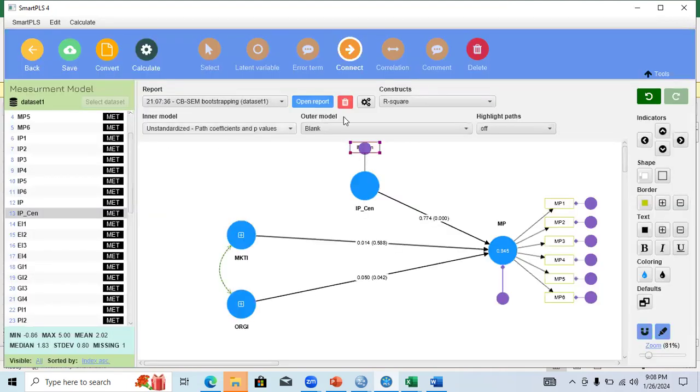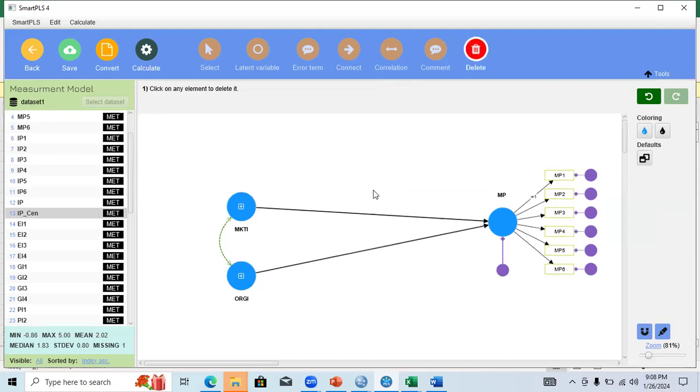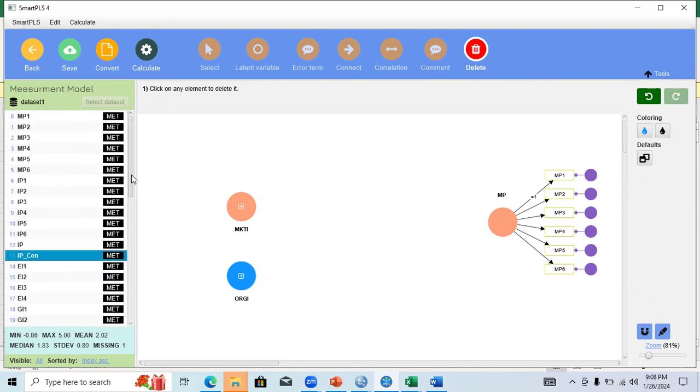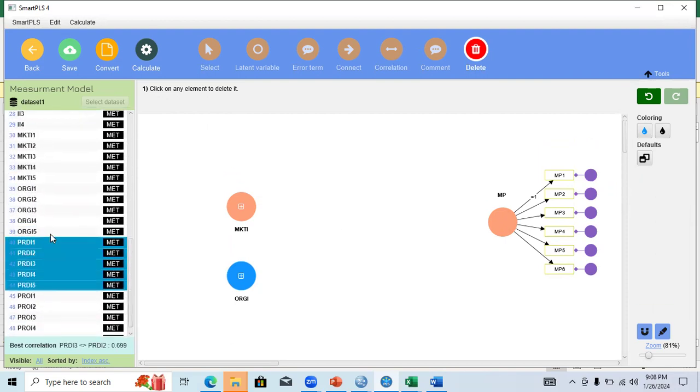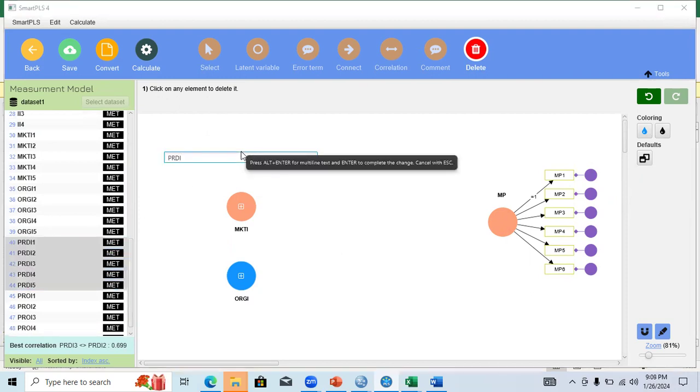You can also create some second order model or higher order model over here. For example, let's suppose we have MKTI, we have ORGI, and we have PRDI as a third indicator, like this.